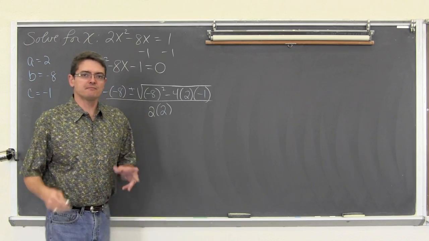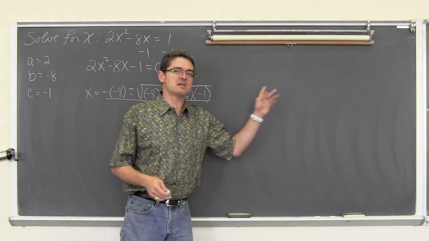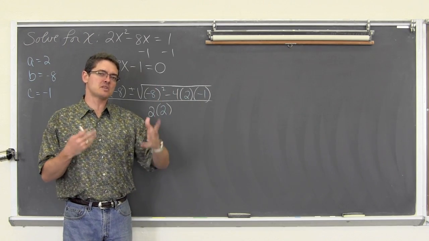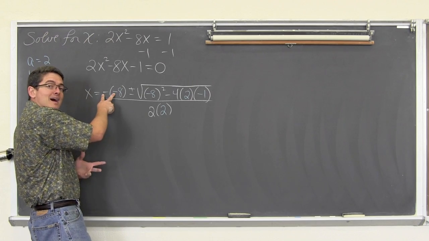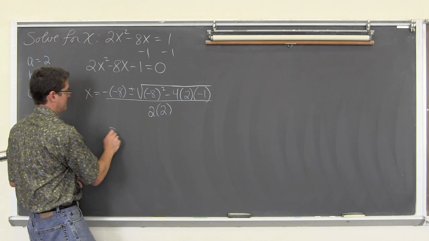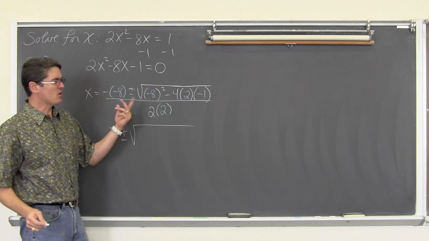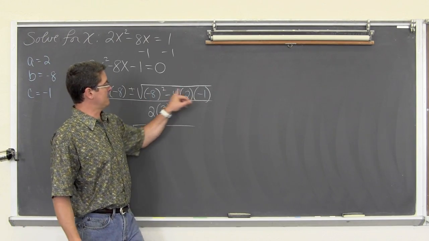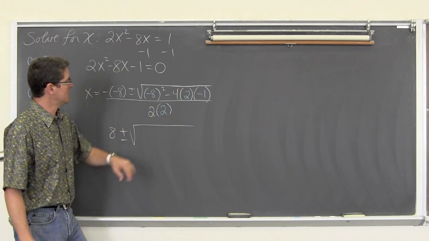And you might find it beneficial to just sort of do all the arithmetic that's inside your square root symbol, sort of off to the side. It'll save you some writing. Let's see what I do here. We've got negative and negative is positive 8, plus or minus. I'm going to go ahead and write it every step, but I remember when I was learning this, I would just take the little bit outside and just kind of do some scratch work and plug it back in so I don't have to write as much.